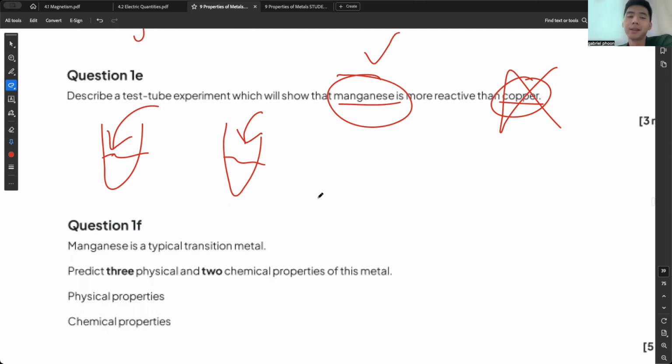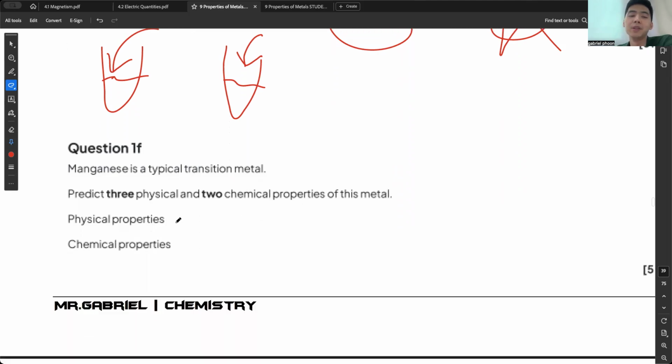Okay, then this one here, chemical and physical properties. What's the physical property of a transition metal, guys? It's hard, and then high boiling point, and then high melting point. Dense, okay, high density, good, correct. Then for chemical properties, it always acts as the catalyst, and colored compound is